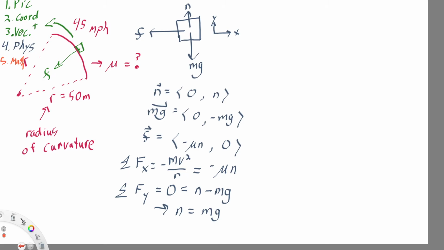All right, so the sum of forces in the x direction is the new piece that we've added with this chapter. So we want to connect these two pictures, this pink and green and this gray-blue picture. But the friction is pointed in the same direction. We've just rotated our viewpoint, right? So the friction is going to the left of the car, which is pointing toward the center of the circle